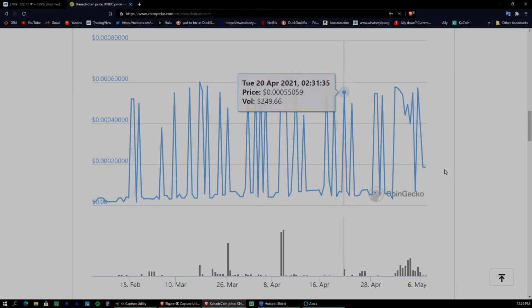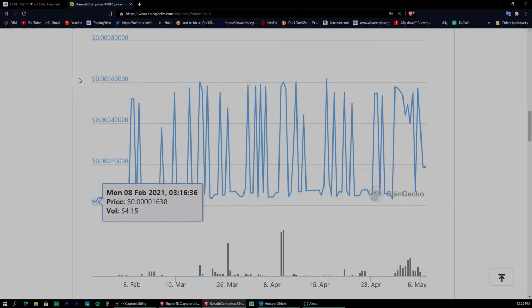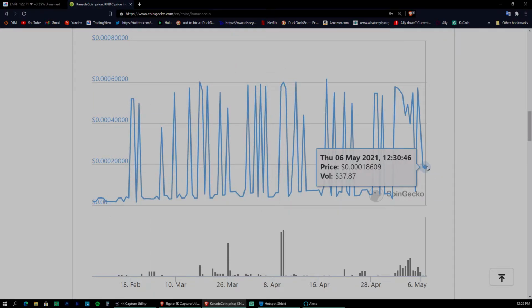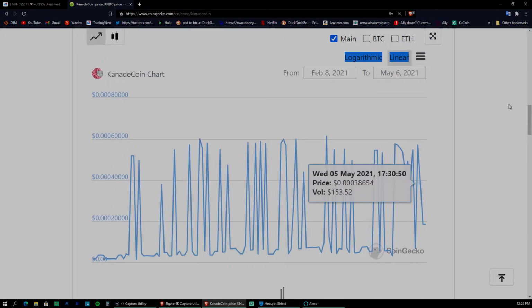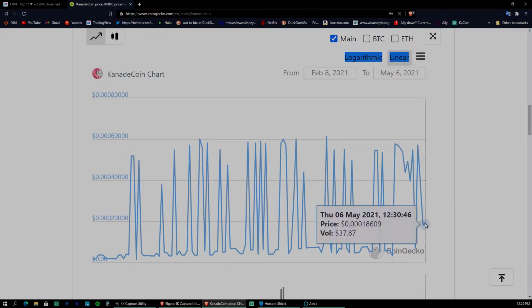So what you want to do with this, when you look at things like this, you see the levels. You see, okay, well, this is trading at 6 cents and trading at 2 cents. Right now it's actually 1/100th of... You know what I mean? Not 1 cent, like 18, I'll just say it like it is. 18,000. All right, so it was trading at 60,000 and it's 18,000. So just look at it in terms of 18 and 60. Okay, it's almost like Dogecoin if you think about it. Dogecoin's at 60 cents. People bought it at 11. So, you know, it's a nice